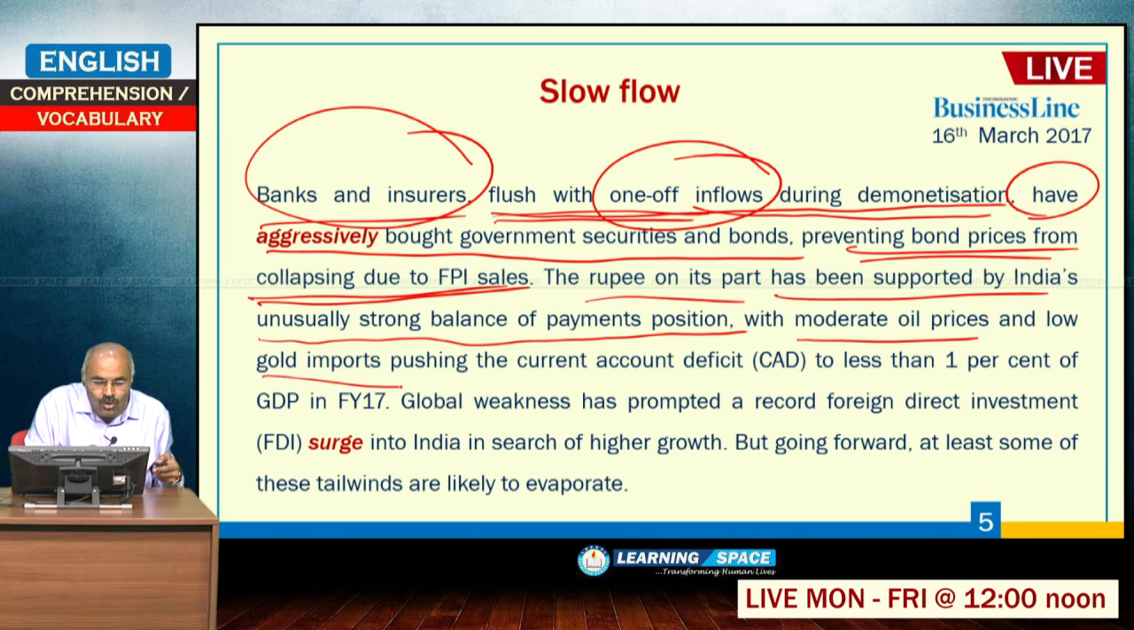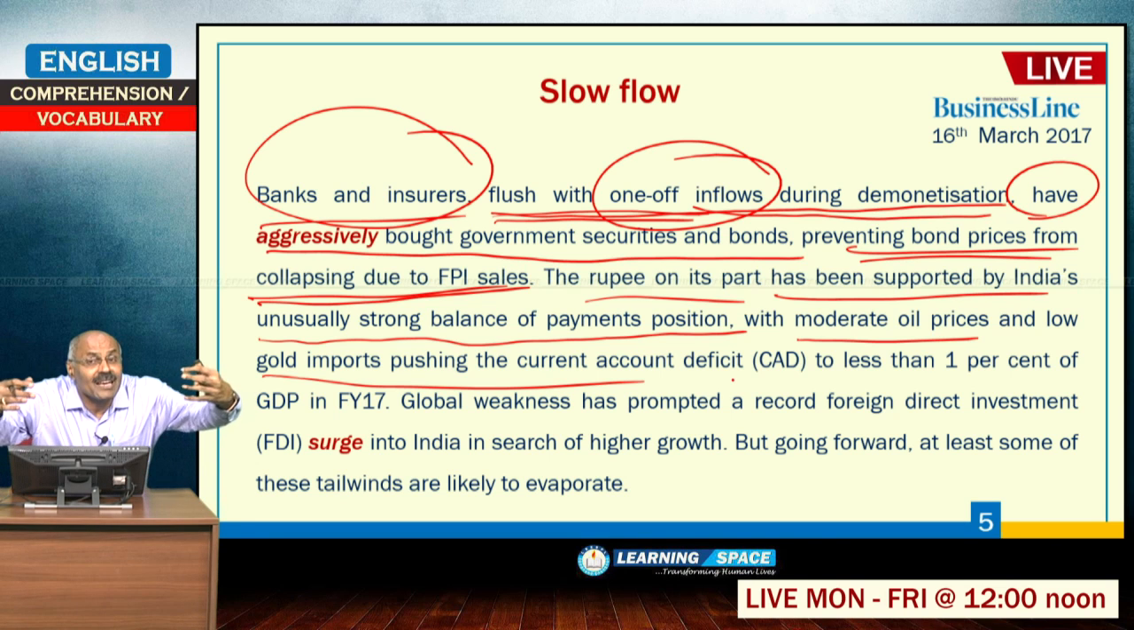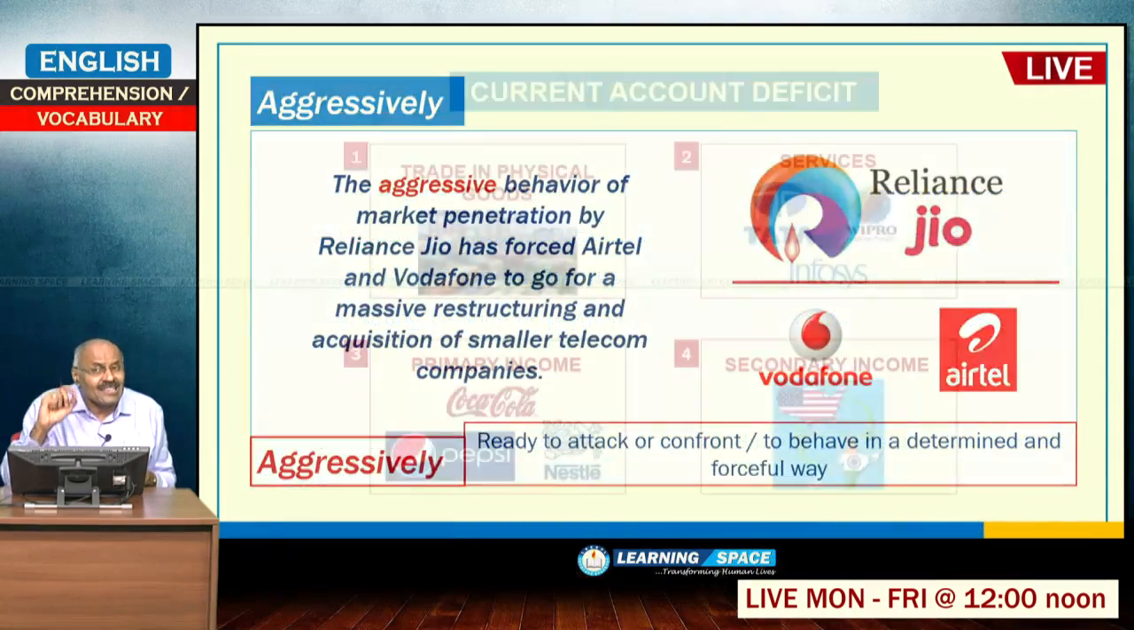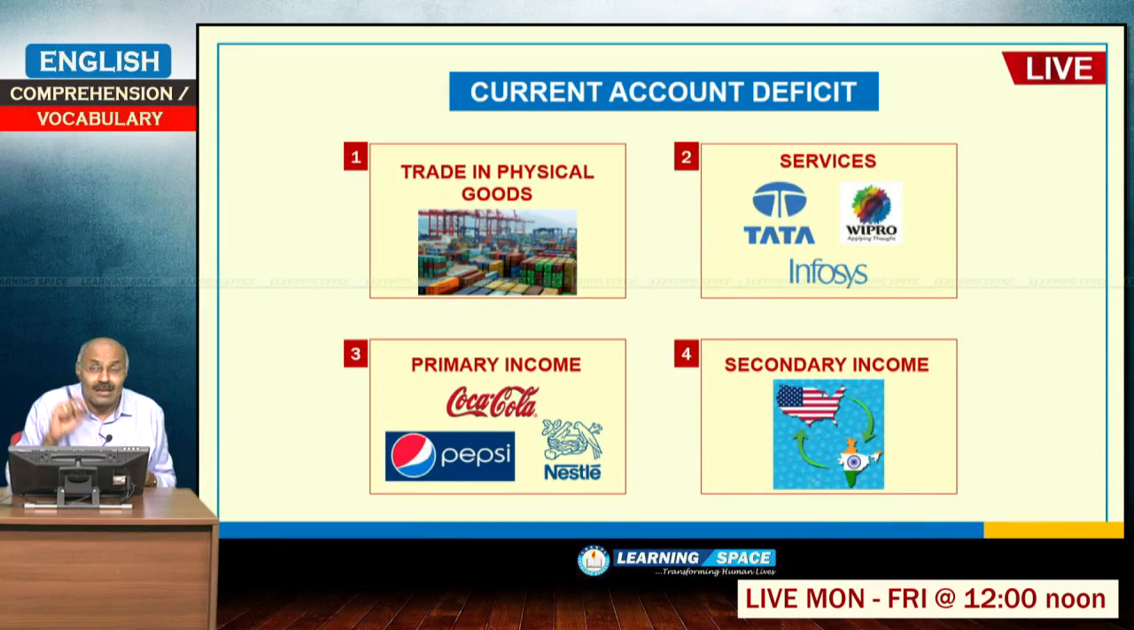And low gold imports: if gold imports are more, what happens? When gold imports are more, then a lot of foreign exchange will go away. So, low gold imports and moderate oil prices pushed the current account deficit to less than 1% of GDP, right. So, current account deficit was pushed to less than 1% of GDP. Current account means, please understand, trade in physical goods, that means